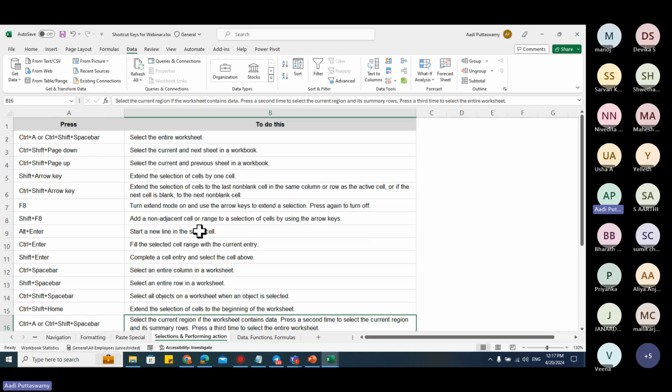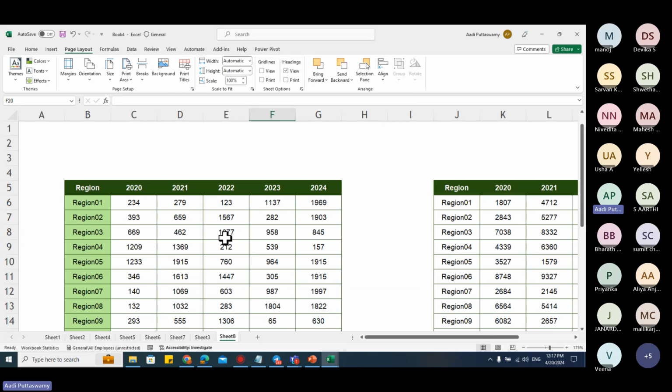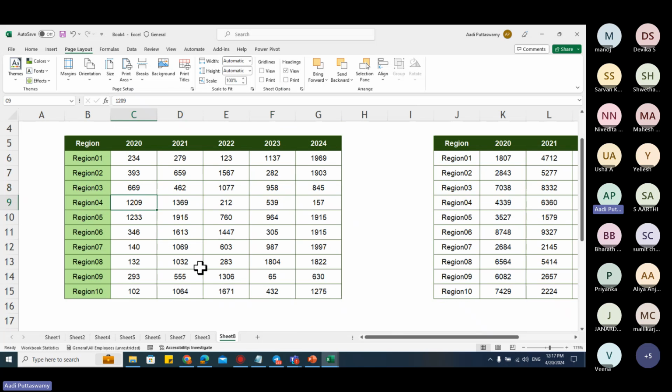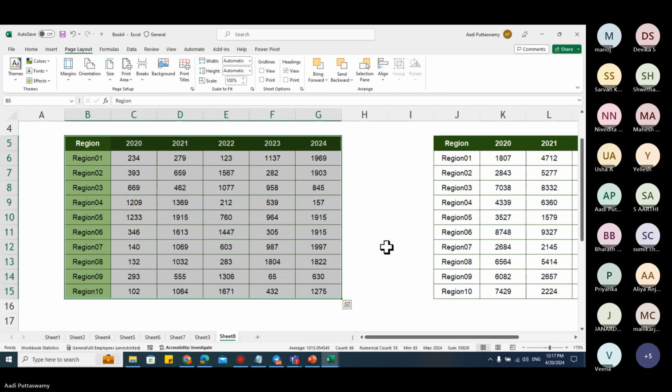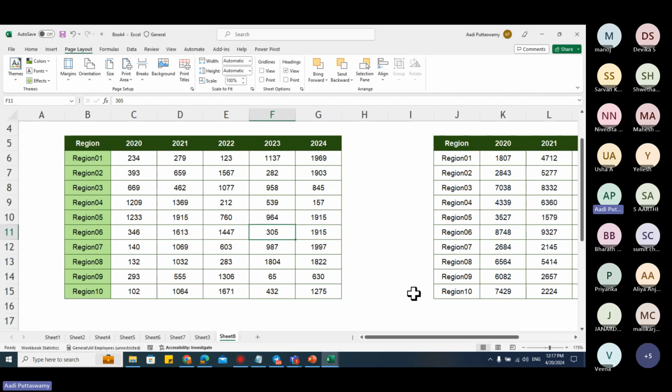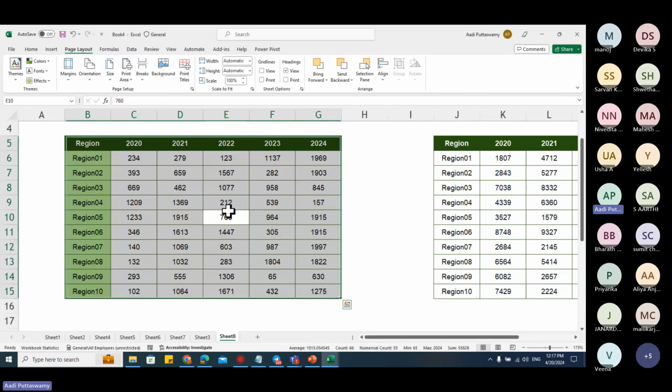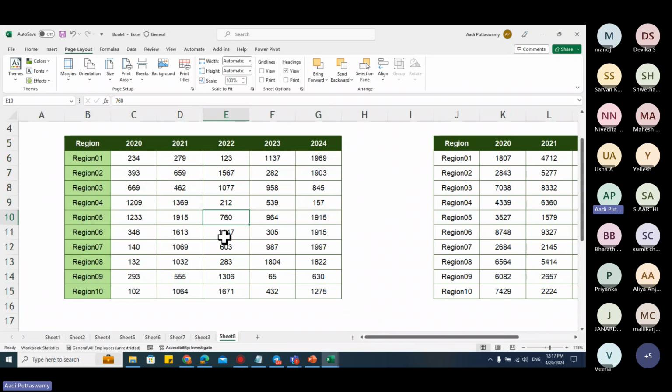Suppose I want to select. Okay. Let's say I want to select the data here. This one. Control A. See, just select anywhere. Control A. Same thing we have. Control Shift 8. Okay. See, Control Shift 8 or say Control A. Right. Then